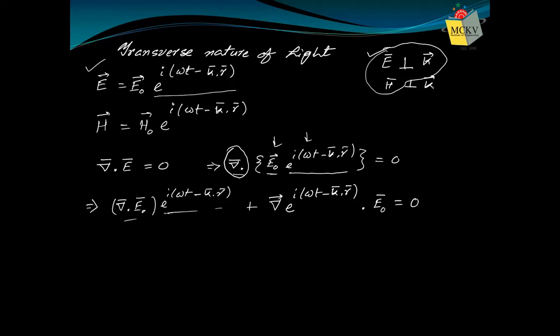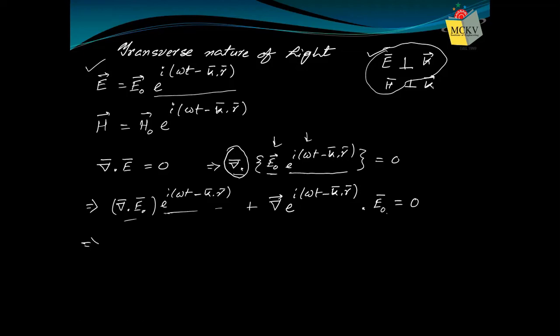Next, del will operate on the scalar quantity, and when del operates on a scalar quantity, it's called gradient. So we only write del on this. Remember, del is i del/del x plus j del/del y, etc. There is no dot here, because dot or cross can be between two vectors. e to the power something is not a vector, it's a scalar. So only del operates on e, but dot is there, then E naught. So this equals 0.